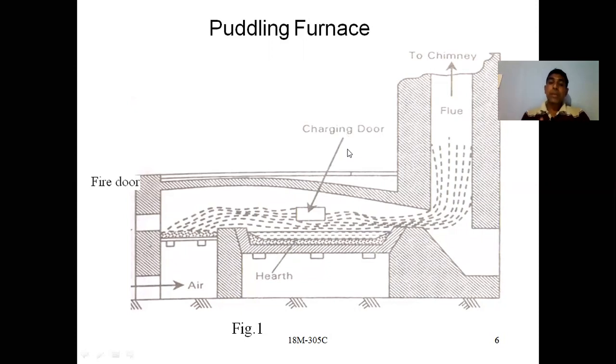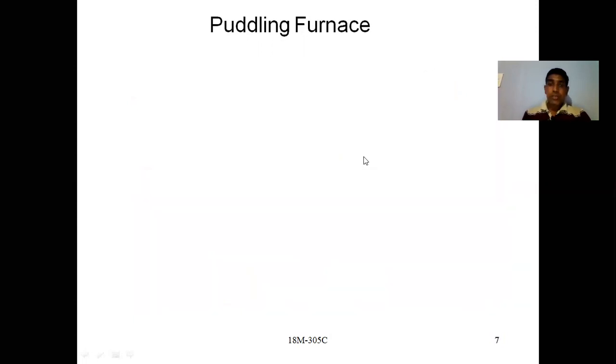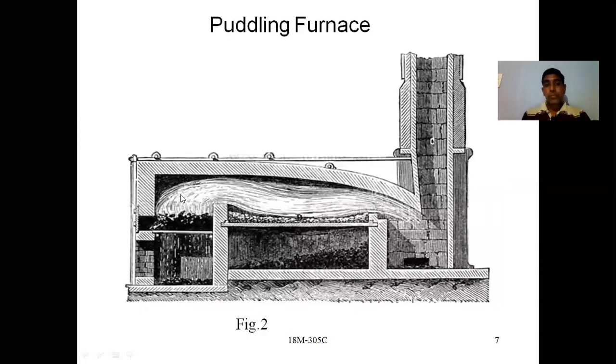So these are the main parts. So you are having a dome-like structure here. I will show you in the coming slides. You are having a different structure. See here. If you see here, you are having a dome-like structure here, and from this one it is sent to the chimney, and this is the molten metal, and from here you are sending the air blast.